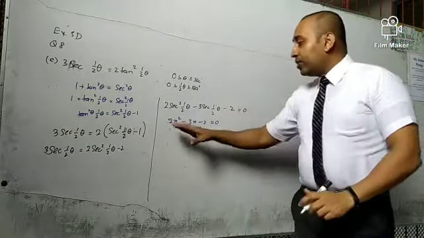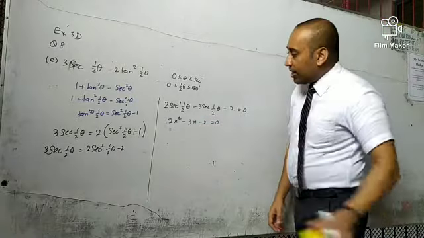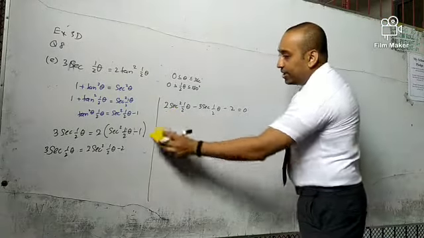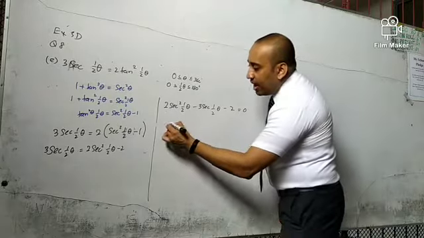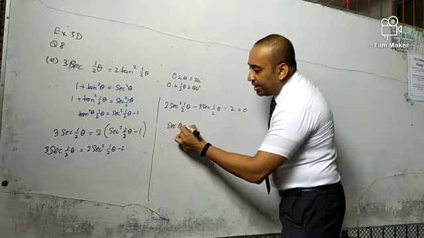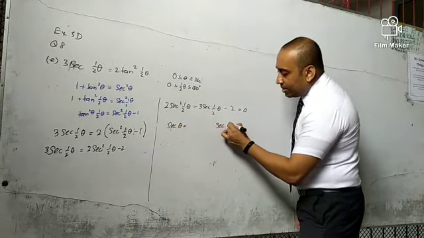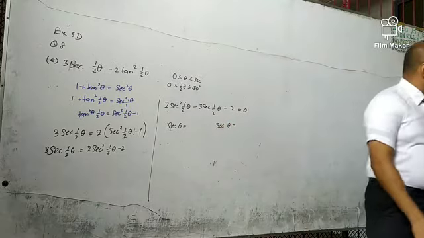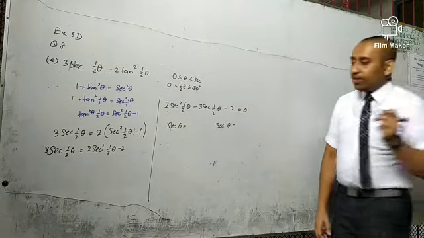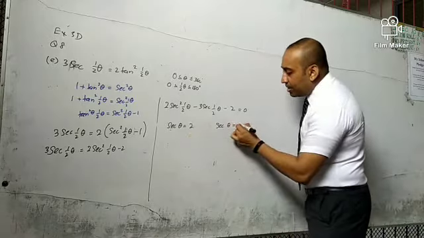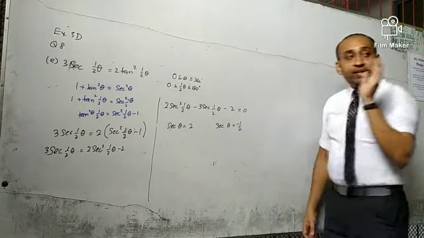This is just the format of this equation. With that you can obtain the answers for sec theta. What are the answers? 2 and minus half. Right. 2 and minus half. Now please concentrate on this.